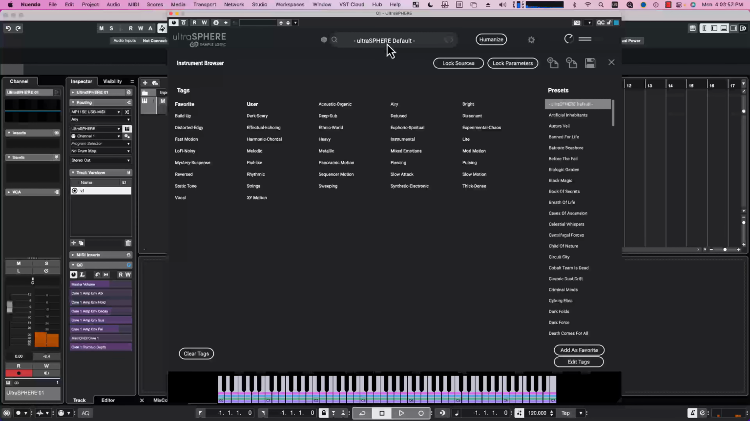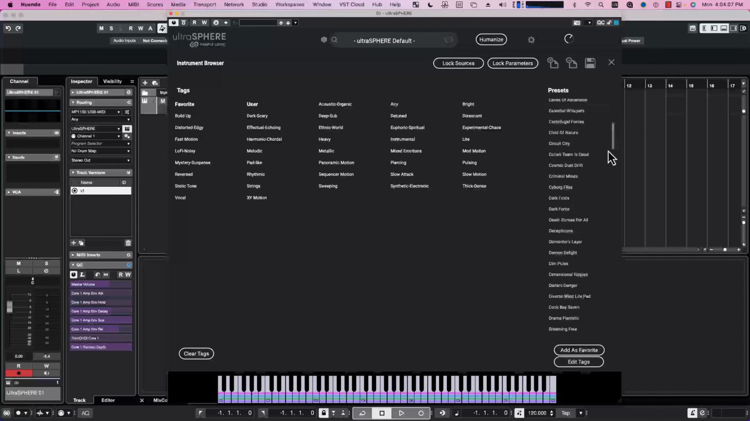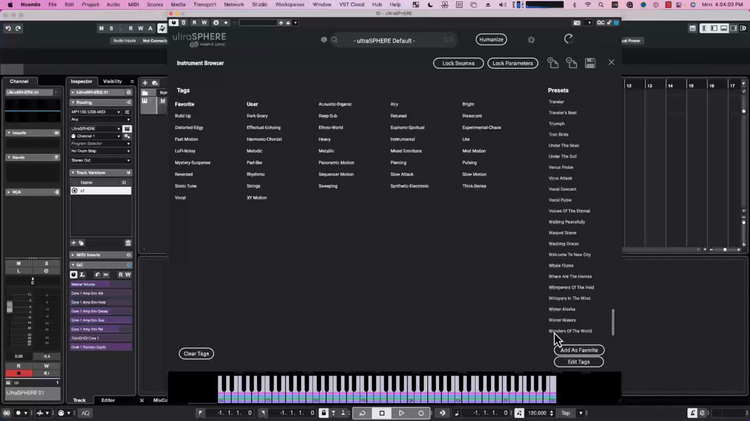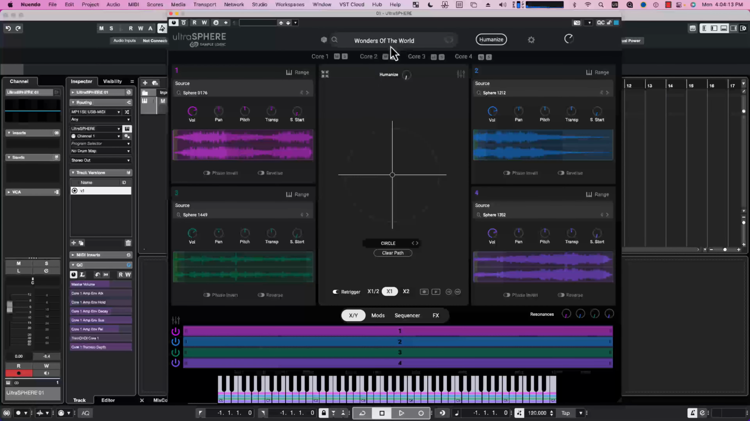And these are the presets that you have access to, starting from the default, and then alphabetically we have artificial inhabitants all the way up to wonders of the world. So if I choose that one, then here's the